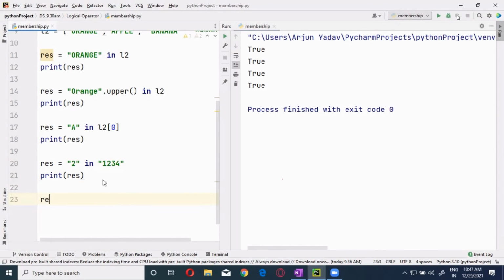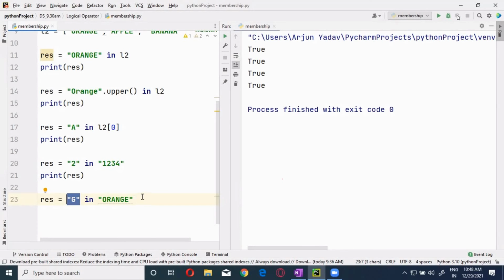Okay. Now this is coming down to this one. Orange. If I say G in orange, orange is what type? What is the data type of orange? String type. String has the properties of a sequential type also. So each and every character is stored in a series of internal memory locations. So is G there inside this one? Yes.